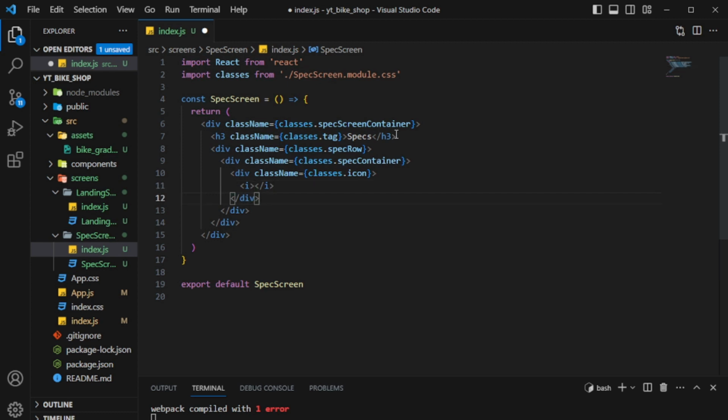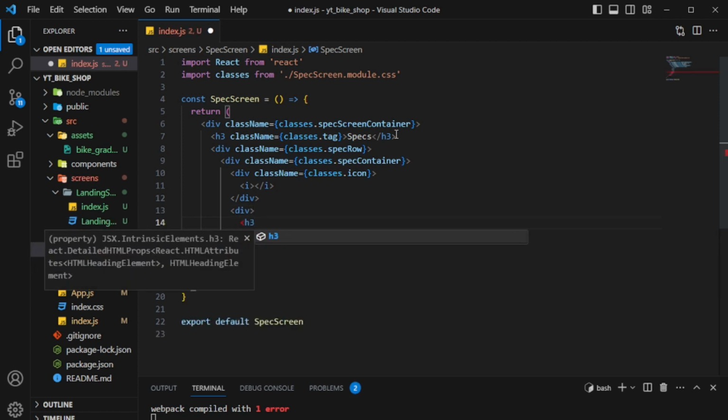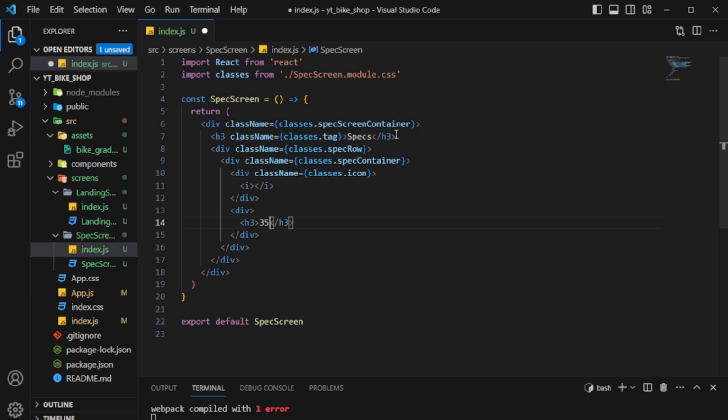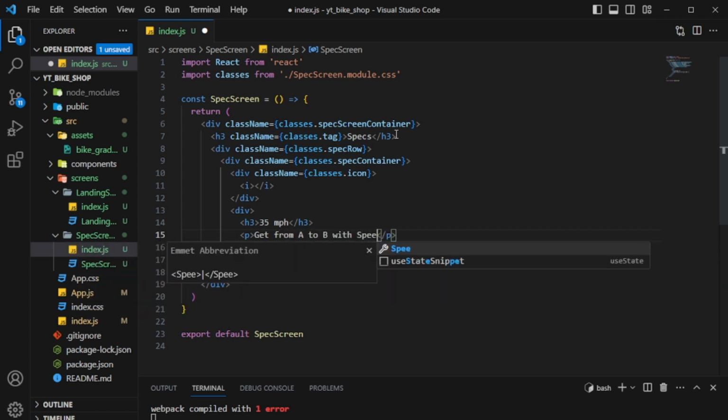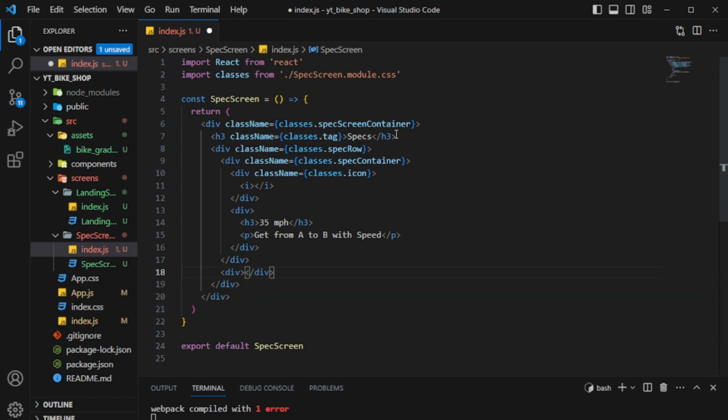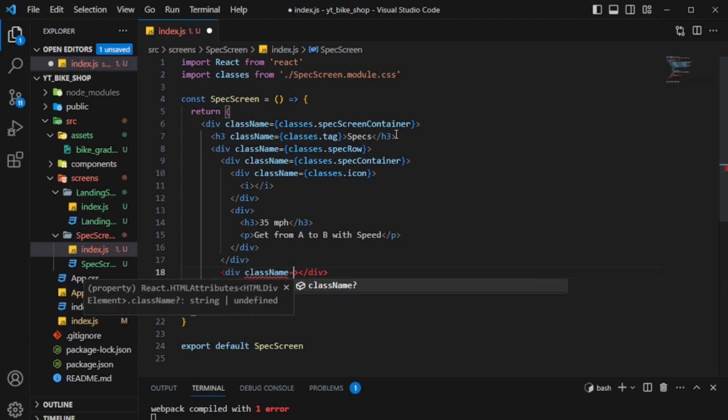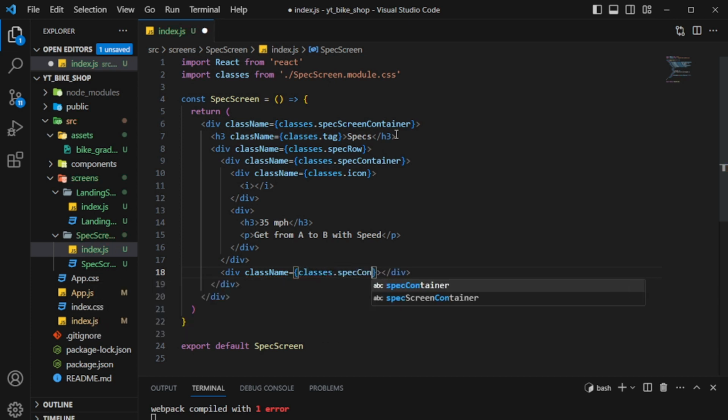So after that div, create another div. Save that. We'll create an H3, saying 35 miles per hour. So that, create a paragraph, get from A to B with speed. Finish out that div, and the div below that, and then we will create one more. Class name is spec container. Just another spec container,